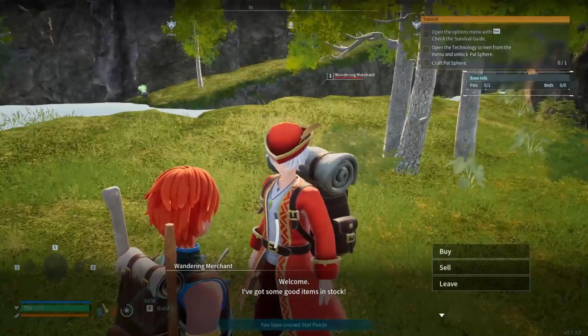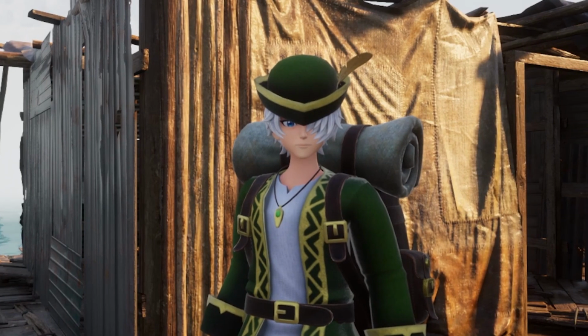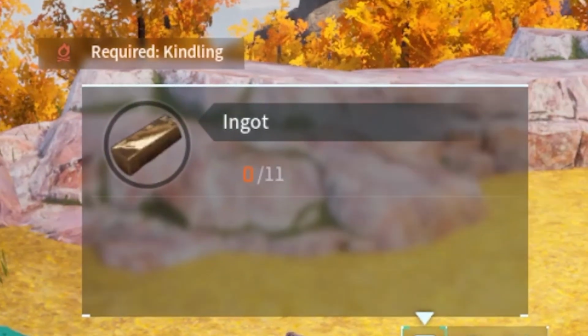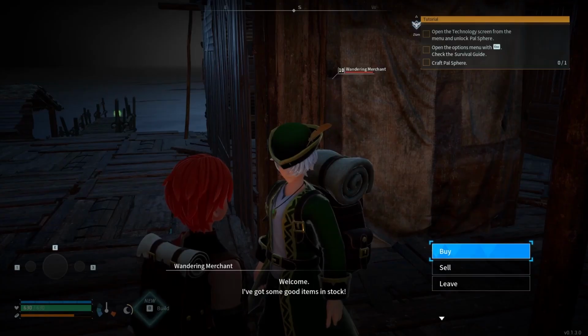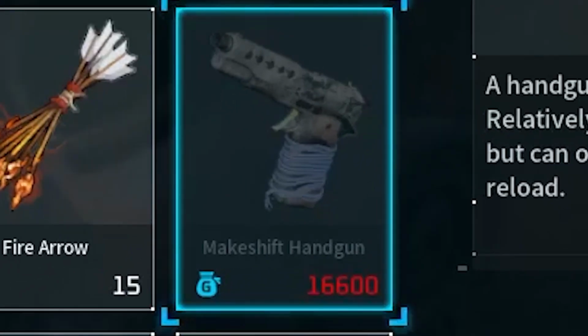You see, while you can sell your stuff to pretty much any vendor in the game, the merchant here at Fisherman's Point is special. With no PALs, metal weapons would remain forever out of my reach since you need a PAL with kindling to craft them. However, at the Fisherman's Point merchant, you can buy the makeshift pistol for the low price of...